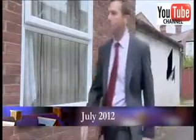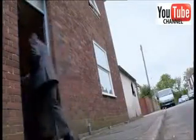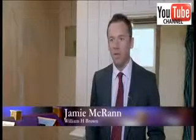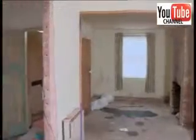We invited an agent from the auction house that sold it to give us his opinion. Bit of improvement required, I think. It's great to have an opportunity to take a property like this, warts and all. Most of the properties in the area have already been renovated, possibly in the 70s or 80s. So to have something that's almost a blank canvas to be able to renovate and improve, and it's going to